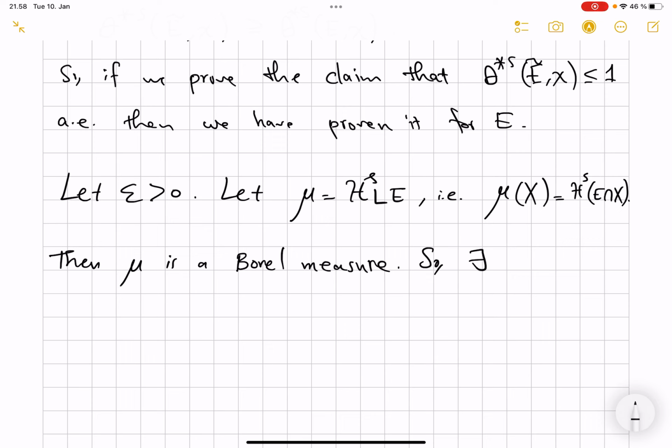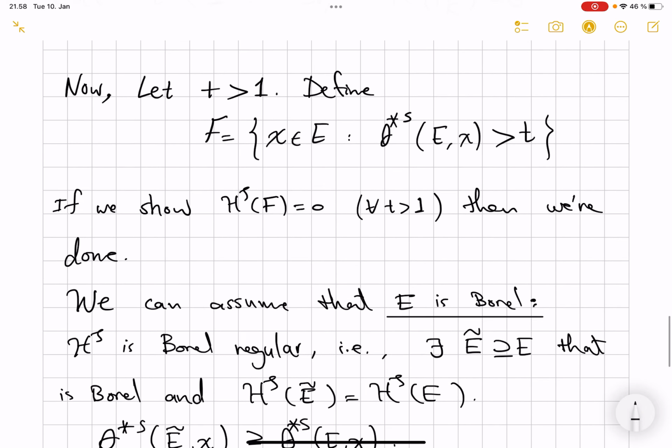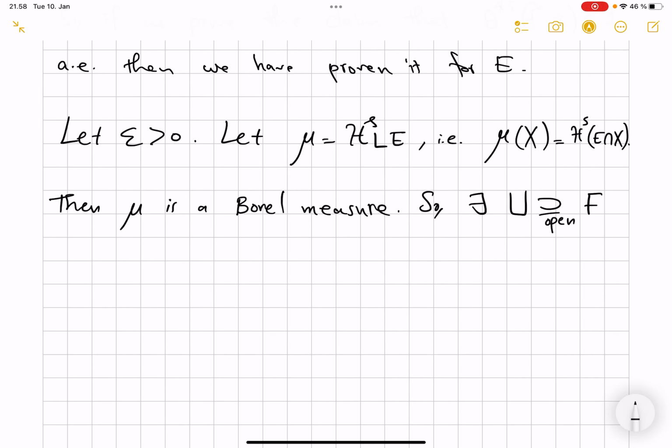So there exists some U that is open and contains the set F. So now we are back to this set F, the new bad set that we have. That is the property of Borel measures, that for every set F, there is some open set containing it,